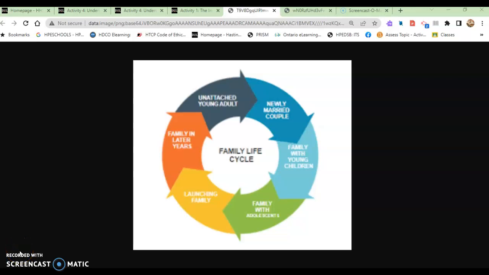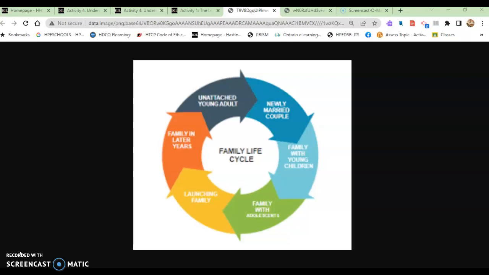I wanted to do a formal introduction to explain what unit 2 is all about and why unit 2 is all about launching into adulthood. So the order of this course is that the very first unit is all about the introduction to social sciences and to understanding dynamics of the family.